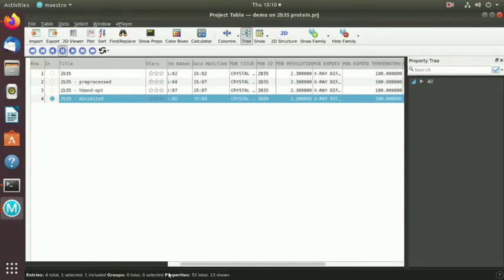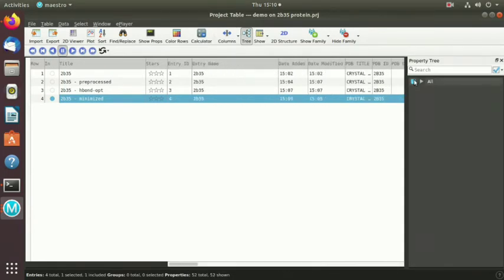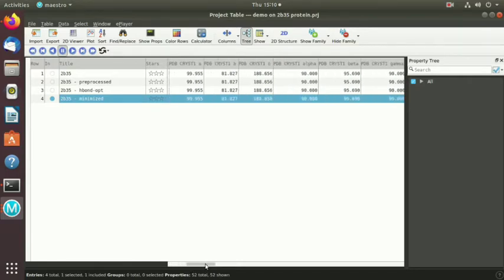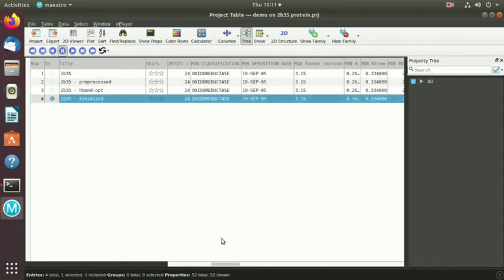Complete information about that protein we can observe here. The protein code is 2B35, crystal, and we can observe the different energies of this protein and the oxidoreductase classification of this protein.